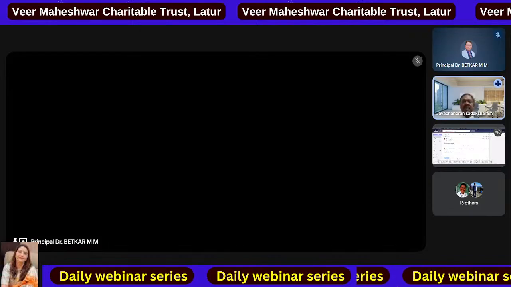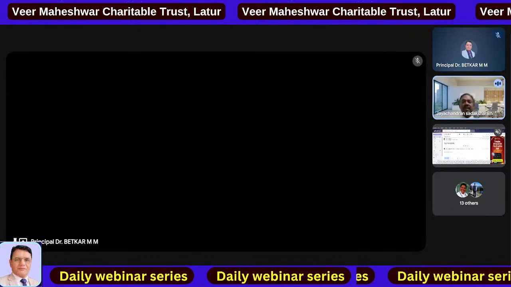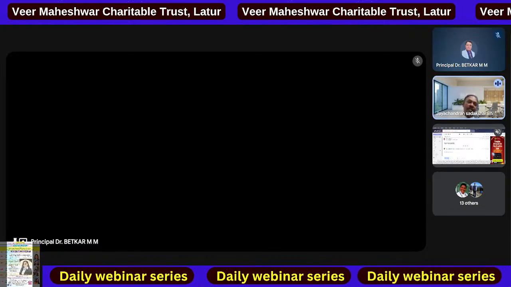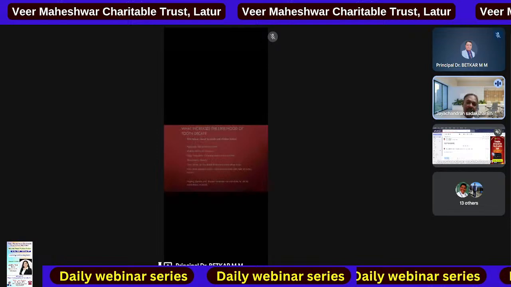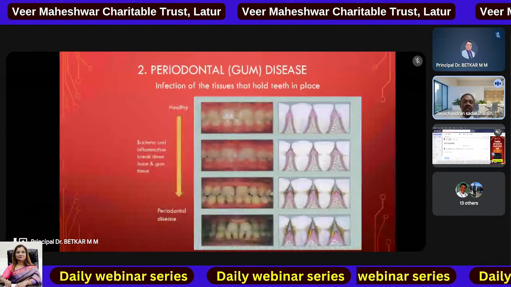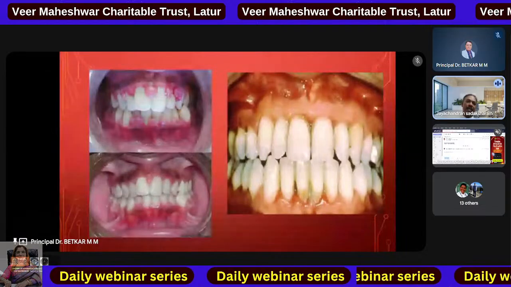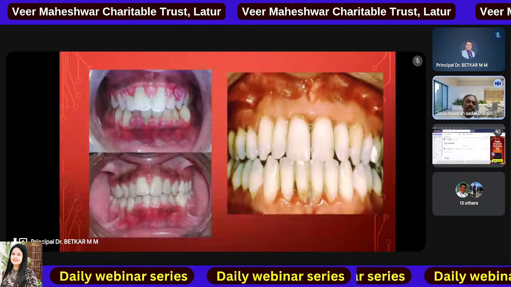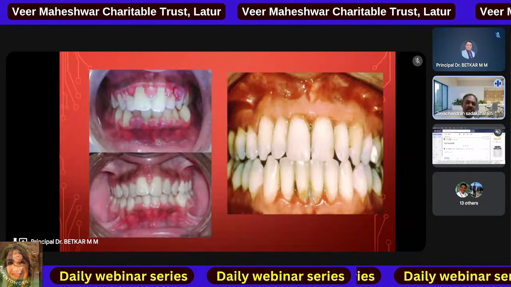The most common form of gingivitis and periodontal disease is overall due to bacterial biofilm formation, which is responsible for dental caries as well as gingivitis and periodontitis. Biofilm formation is called plaque. That is the accumulation and bacterial colonization of the tooth surface as well as the gingival cervicular region, which may be a cause for other diseases.